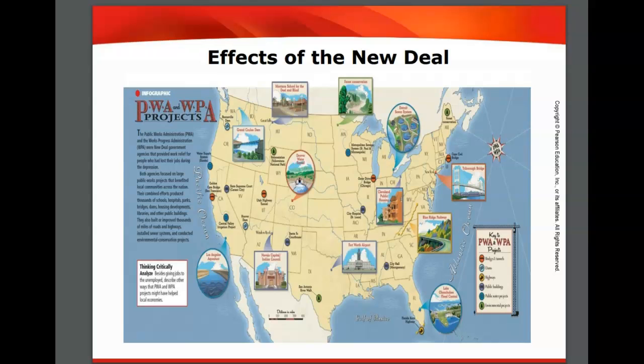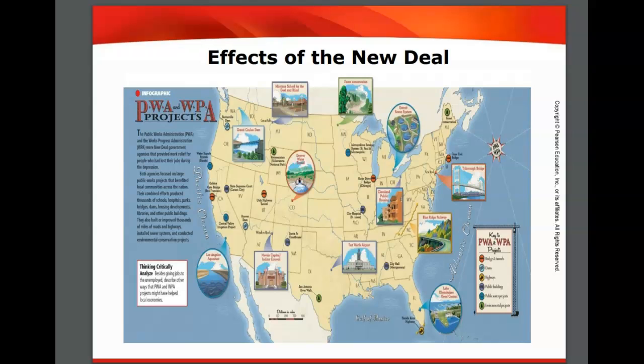Thus far, if you recall, we've taken a look at the causes of the Depression. We took a look at how the Depression was affecting people. We took a look at how the Hoover administration responded, and then the other day in class we took a look at how FDR's administration responded. And I mentioned that one of the big things you want to know is the biggest differences between how Hoover's presidency, his administration, responded and that of FDR's.